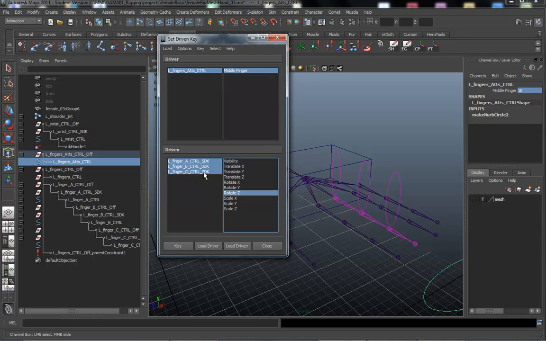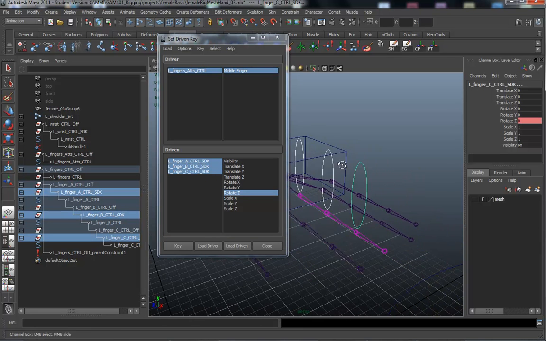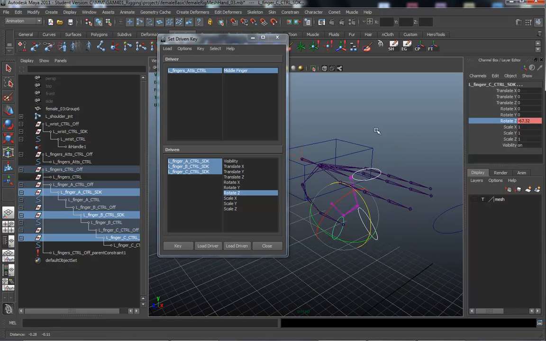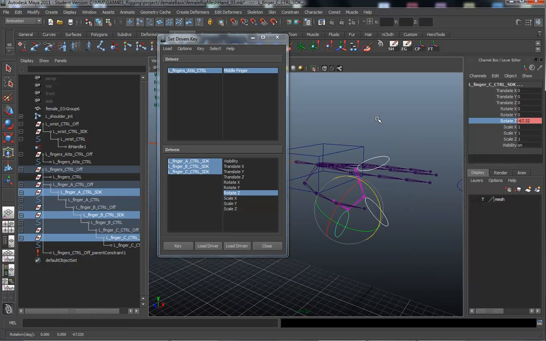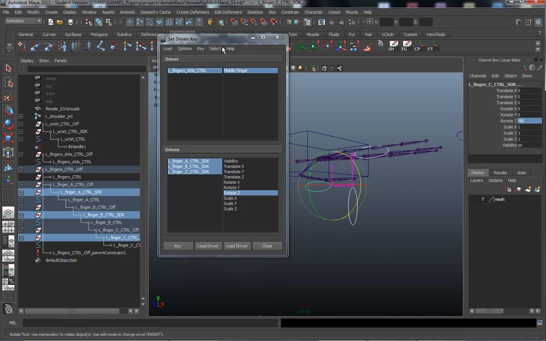And I'm going to go into the SDK nodes, rotate Z. And what I'm going to do is curl this. Now don't be afraid to exaggerate, because the animator doesn't have to go all the way, but if you don't go far enough, then they don't have that option. So I'm going to go all the way up to there, and it's close to -90, so I'm going to type in -90. You know how I like to round even numbers, and I'm at 10, and I'm going to